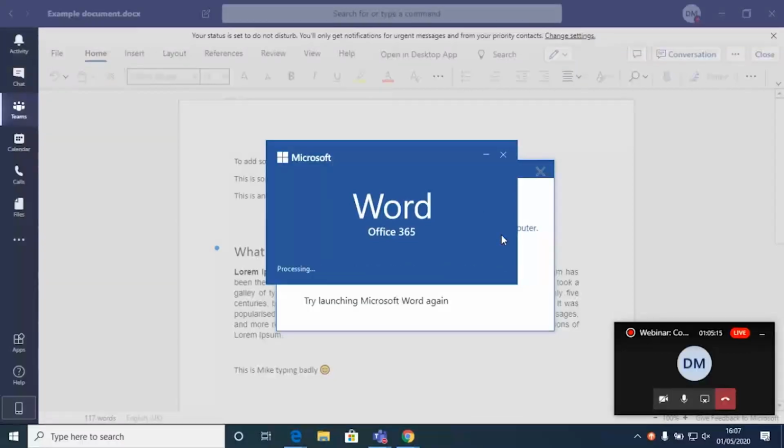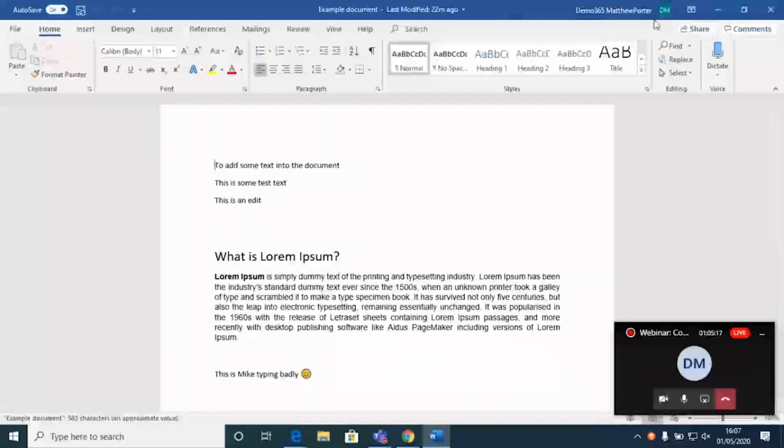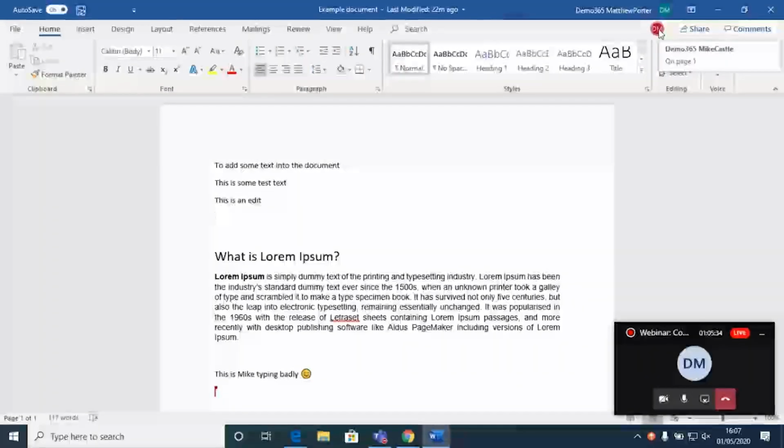You'd still be able to see the user. They'd just be listed up in the top left-hand corner as someone who's working in the document. Same functionality, same live updates as you would get there. As you can see, Mike's just dropped in and he's represented down here in red, typing away.